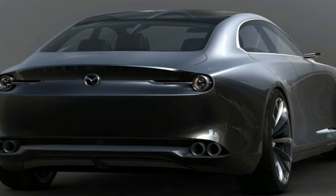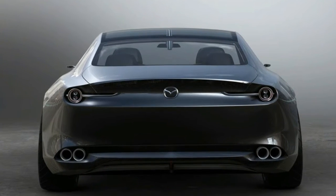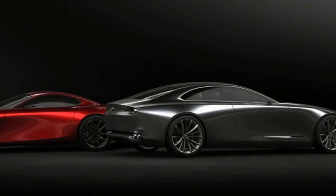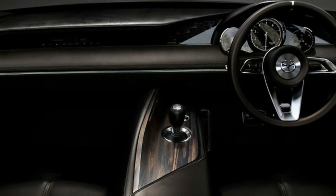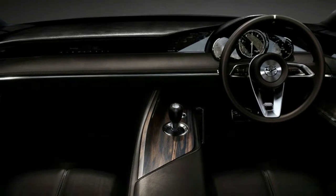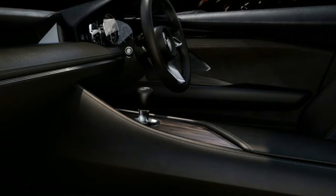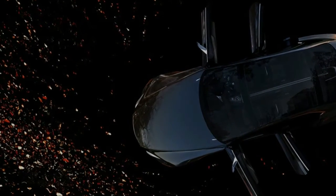"But it is not mathematical or rigid. It is very fluid, meant to communicate a human trace behind it. It is a way to define and induce a specific feeling that connects a human energy to the product, to encourage pure love." Mazda is big on this idea of automotive affection, especially in light of the recent industry-wide push into semi-autonomy, which seems intended to separate the car from its